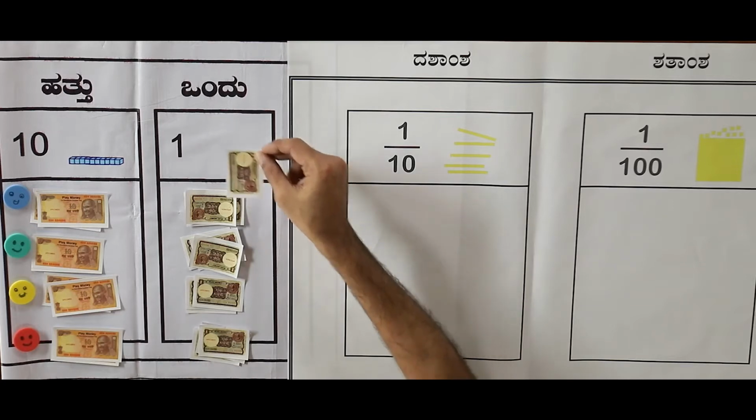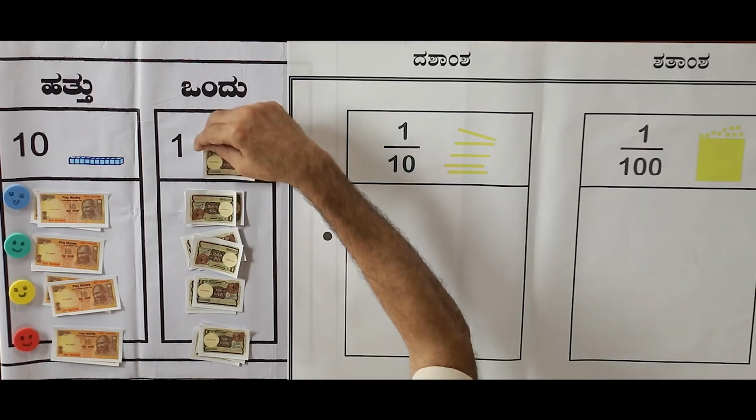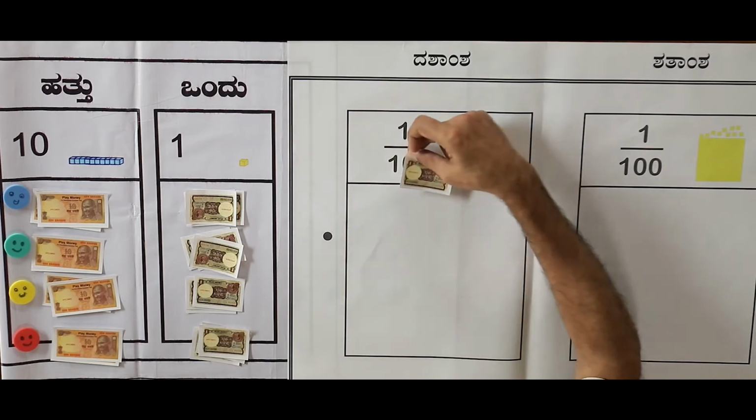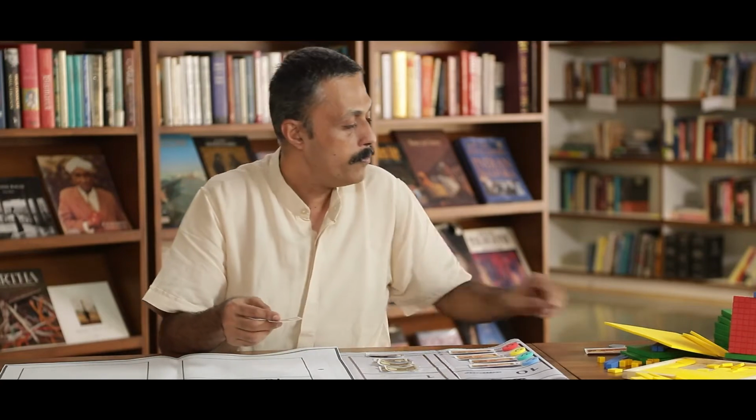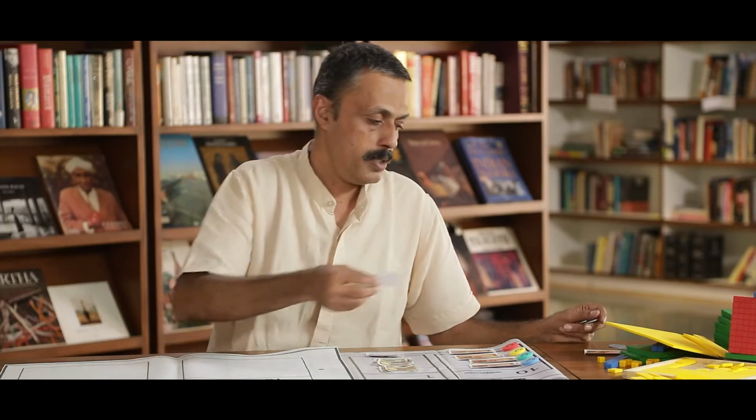I have to distribute 1 rupee. This is the last place here. What can we do from this place? When I take it to the bank, we will get some change. We have seen in the money concept, if I give a rupee, how much will I get? How many 10 paisas do we get? And how many 1 paisa? How many paisas in 1 rupee? 10 paisas, or 100 1-paisa coins. If we have 100 paisa, we have 1 rupee. Or if we have 10 paisa, we get a rupee.